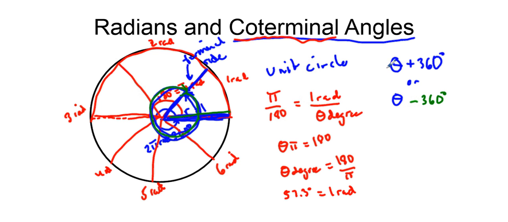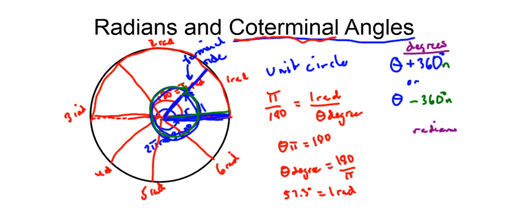So here is how we would find them. We would go n number of times, n being any integer, around to get a bunch of different angles that are coterminal to the angle we're starting with. That's when it's in degrees. A lot of different colors here, but if you had radians,